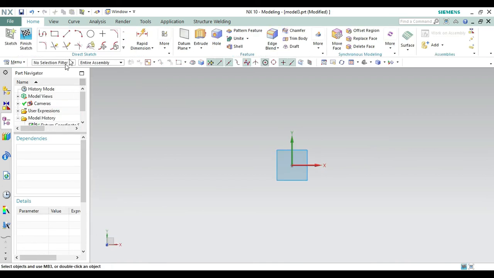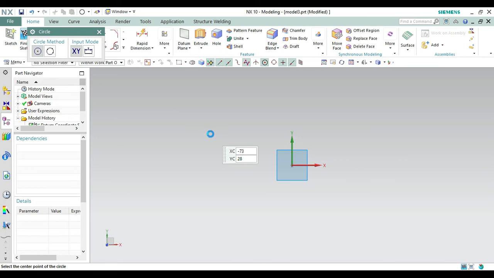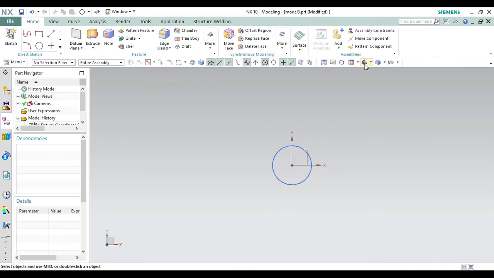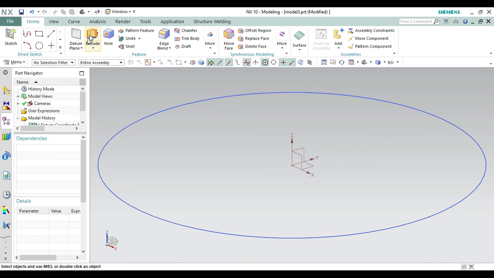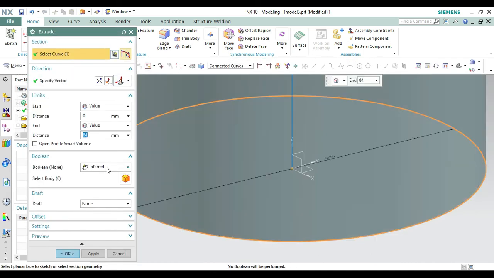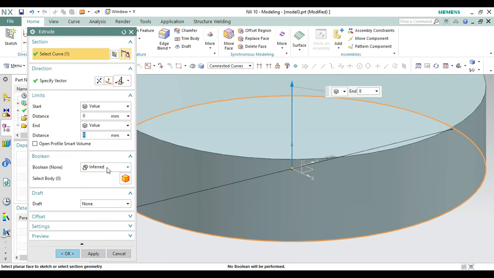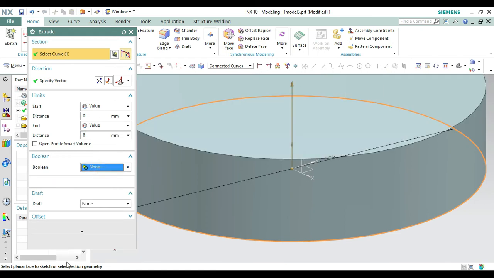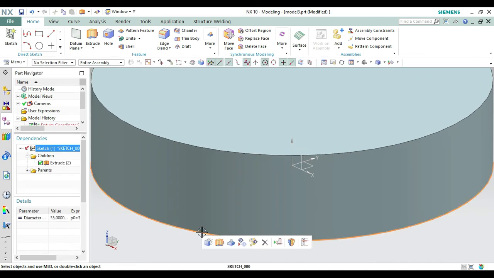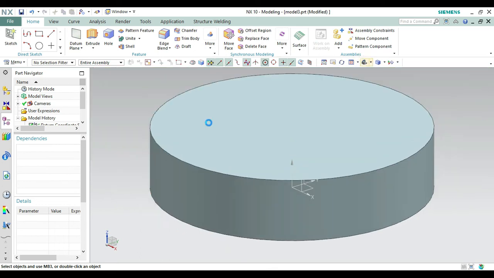Now what we have to do is to create a 2D profile. So again go to circle for a special washer and create a circle of diameter 35 like this one. Now what we have to do is to extrude this circle. Okay, make it isometric view. Let's extrude it. We have to extrude it up to 8. Okay, so make it 8, make the boolean none and make it okay from here like this one. Now what we have to do is to hide this sketch. Right click on this and make it hide from here like this one. Now again make it okay like this.